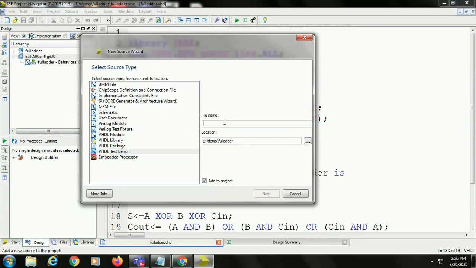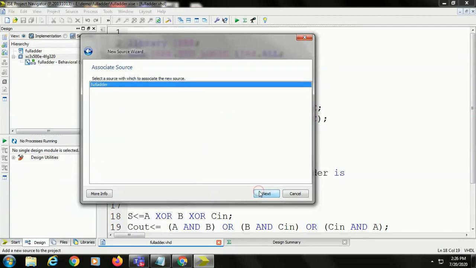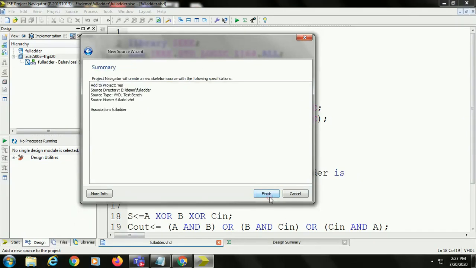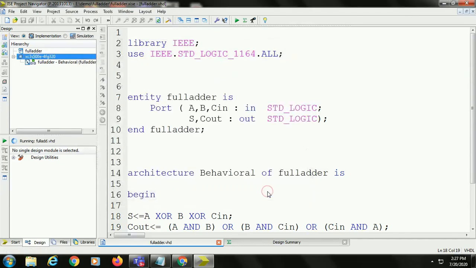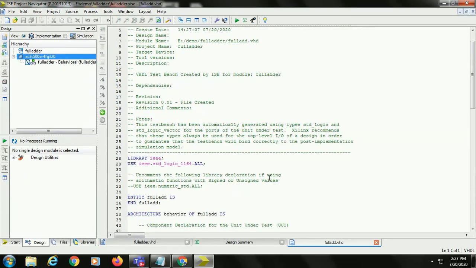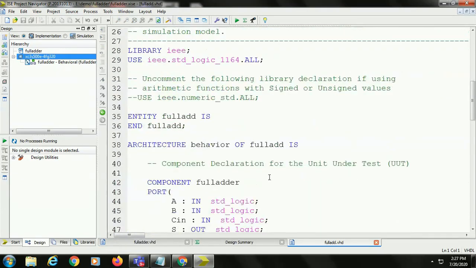The name of the test bench is given as full add test, and click on next. Here we choose for which module we are writing the test bench, the full adder module. So select full adder and click next. Click finish. Now the test bench program is created automatically by the tool itself.